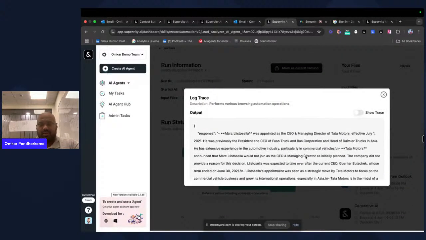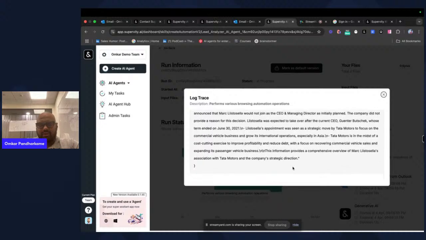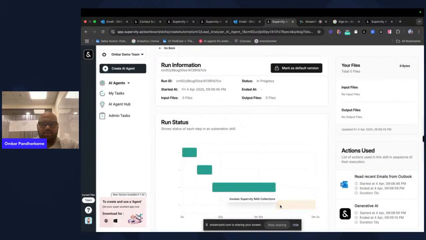Okay, brilliant. Now I got it that he was previously the president and CEO of Fuso Truck and Bus Corporation. And then after that, the company did not provide a reason, whatever. And then Tata Motors, it was able to go ahead and search it. Now it is going to ask the RAG agent for it.